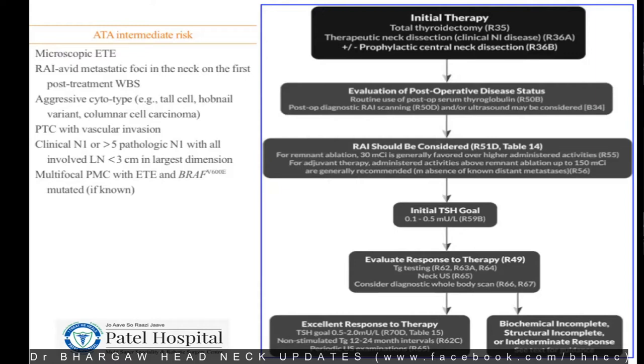What the dose is going to be, is it going to be an empirical dose or a dosimetric dose? We'll talk about that a little bit. But typically, a patient like this, depending upon the uptake and the amount required, you'll have to use doses of as low as 30 millicurie going up to 150 millicurie for remnant ablation in the thyroid bed, which is non-metastatic. The TSH goal in intermediate risk disease remains the same. Remember, we have to suppress TSH, and we'll talk a little bit more about that